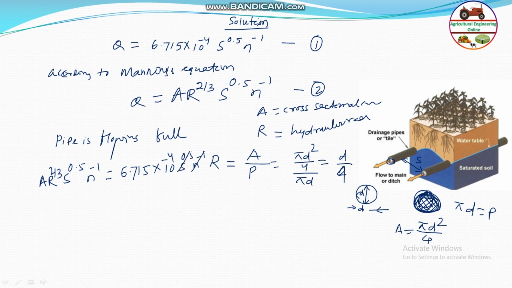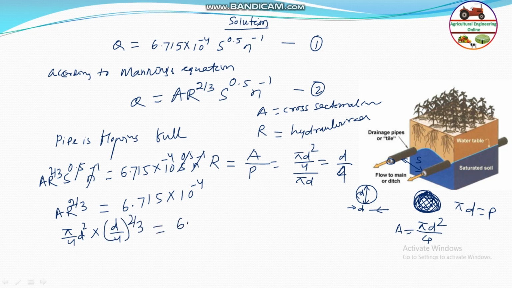So cancelling these, we get A R^(2/3) equal to 6.715 × 10^-4. Now putting A as pi by 4 D squared and R as D by 4, we get pi by 4 D squared into (D by 4)^(2/3) equal to 6.715 × 10^-4. So solving this, D^(8/3) should be equal to